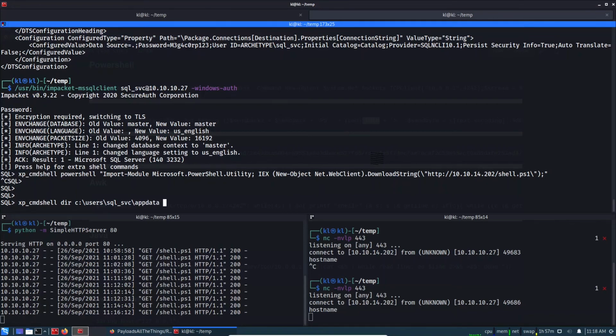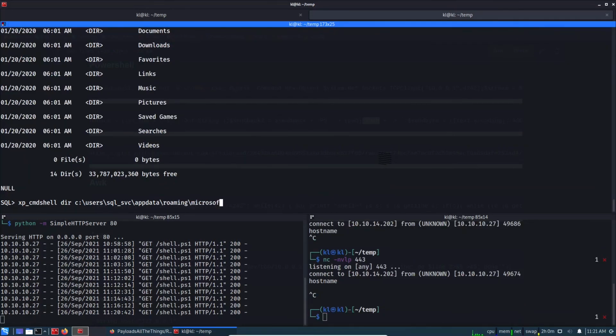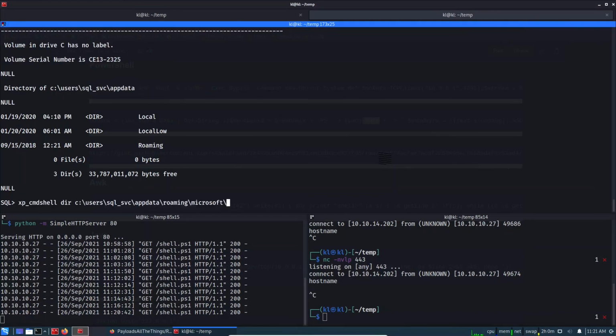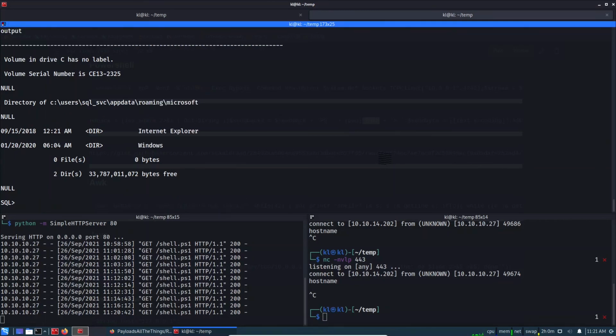The path is correct, but it is not enabled by default. So AppData, Roaming, Microsoft, Windows, PowerShell, PSReadLine,